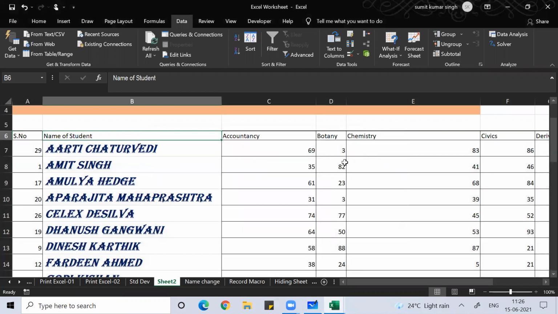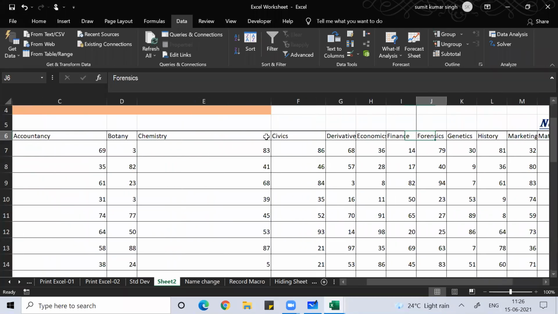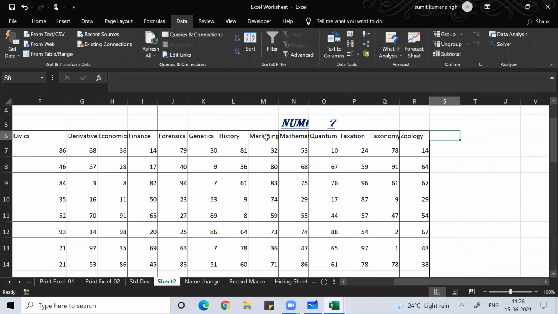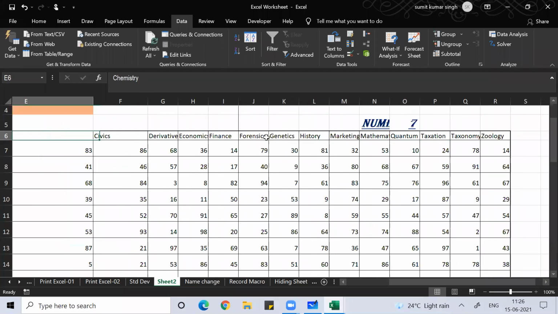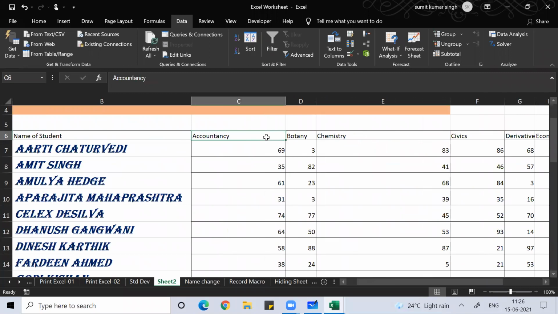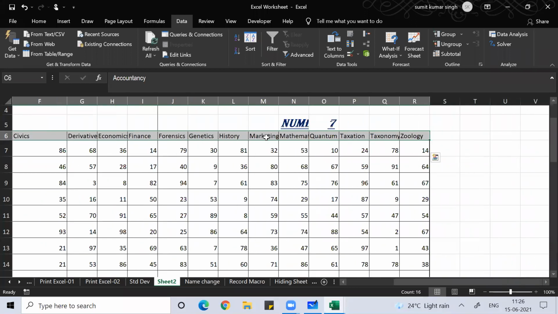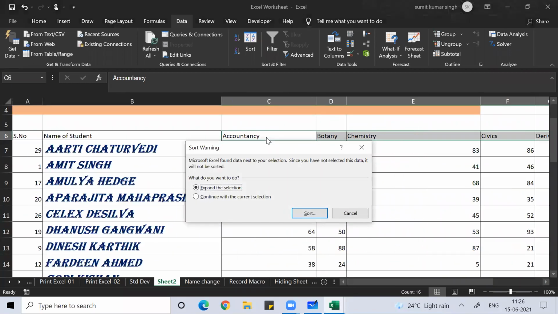So here I wanted to sort these subjects. I wrote some 16 subjects, and I wanted to sort the data of these 16 subjects. So what I did, I selected them with Control Shift right arrow. Then I did Alt D. Then Excel, because I selected some data, wants to confirm whether you only want to apply the sorting on the current set of data you selected, or you want to expand it. I said no, that is the reason why I selected. No, I want to continue.